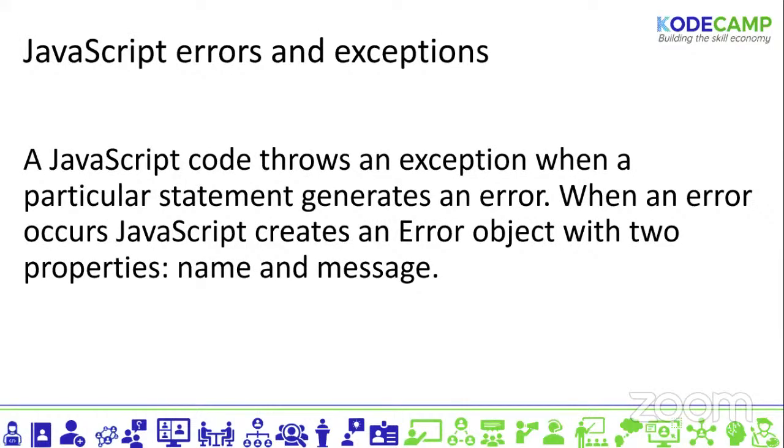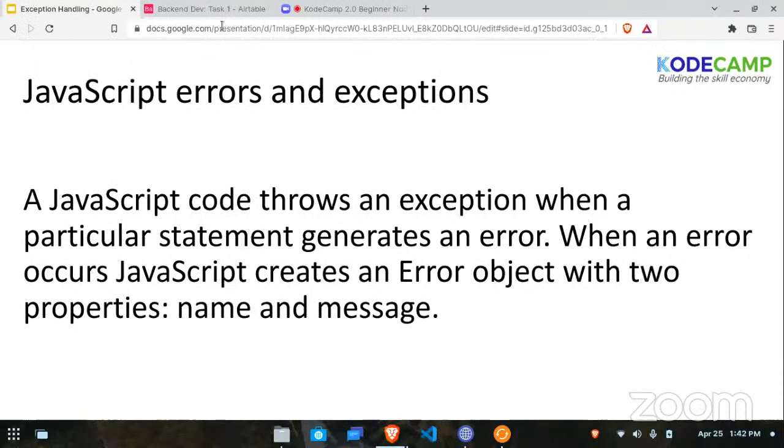So a JavaScript code throws an exception when a particular statement generates an error. When you try to run a particular statement or a set of statements, and one of those statements contains an error, then